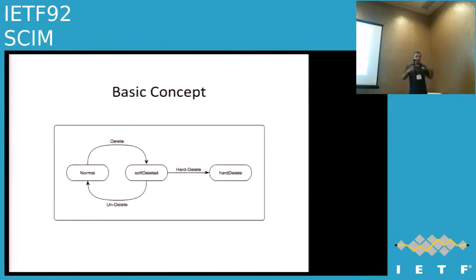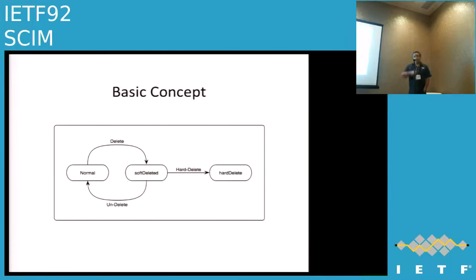So the basic model is you have a normal state of an object. If you do a delete operation on it, it goes into a soft deleted state. That record still exists, but it does not play into regular operations of SCIM, and it does not affect your uniqueness criteria or any other semantics like that. You can go from that state with an undelete, restoring the object into a regular state, or you can do a hard delete, and potentially you could do the hard delete as a cleanup or